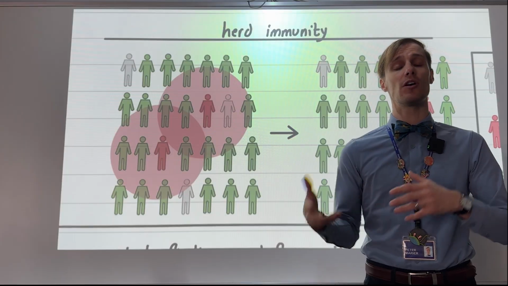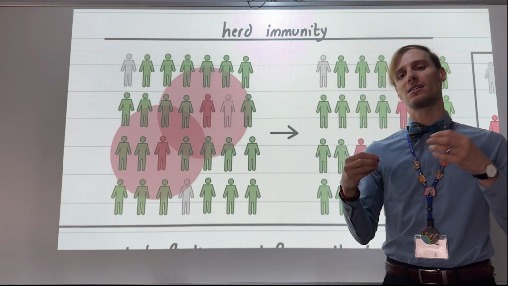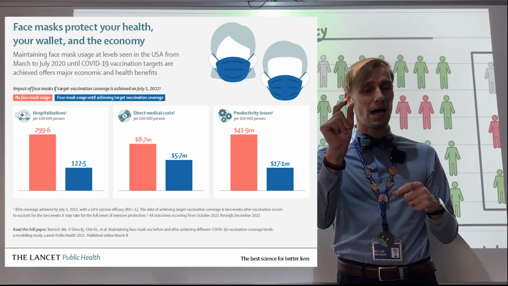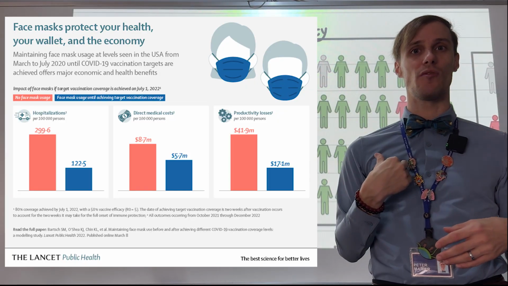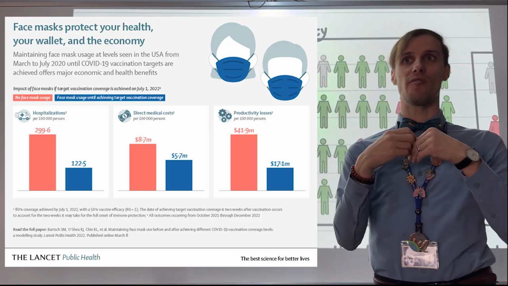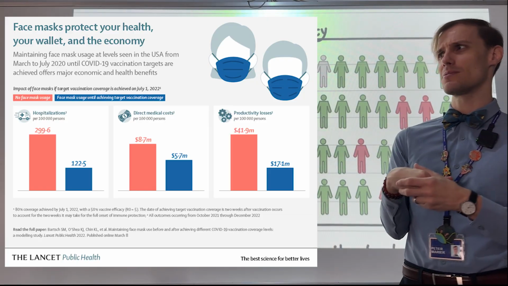So in the case of COVID, which was transmitted through coughing, it was still advised to wear a mask despite the fact that, let's say, I would have had immunity, because there is still that minor chance that if I'm infected with COVID, I can spread it to somebody else. So wearing a mask is still very, very highly preferred in order to curb any spread. And this has been shown in